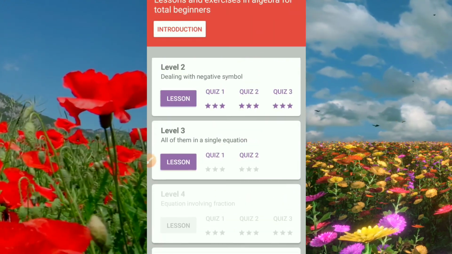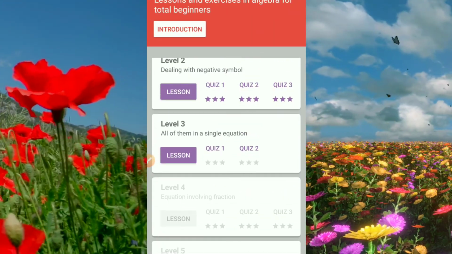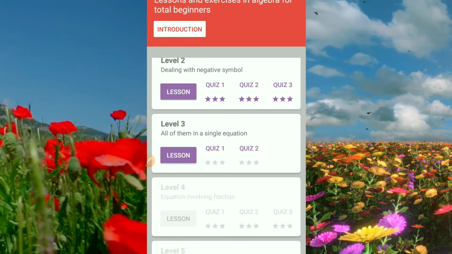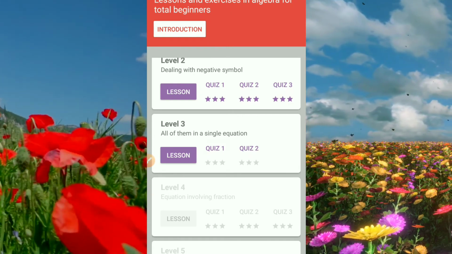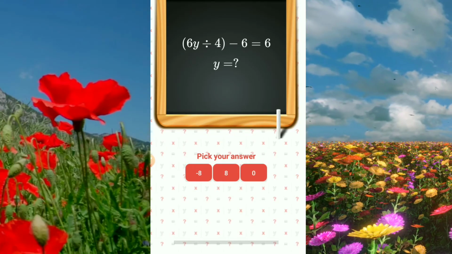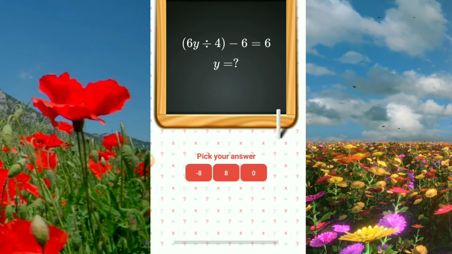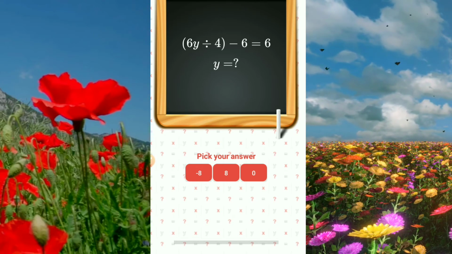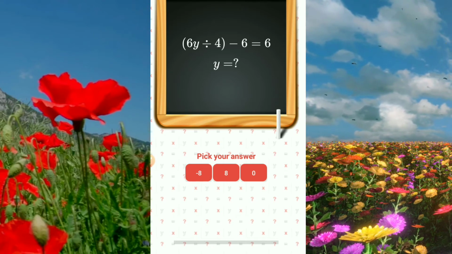Level 3 na tayo guys. Our topic today is about all of them in a single equation. So we proceed to quiz 1. So ayan, 6y divided by 4 minus 6 equals 6. So find the y. So step 1,